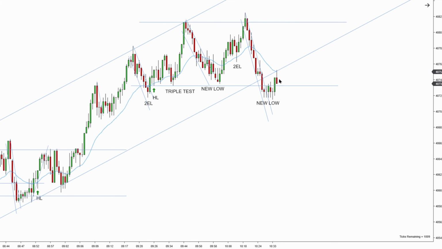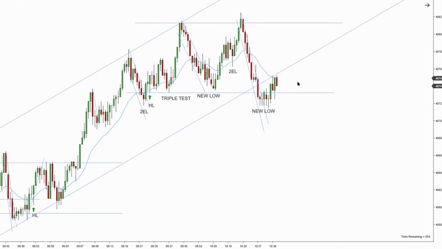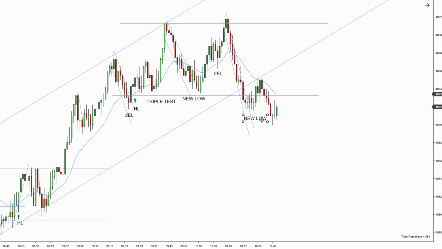We're still below EMA, and this spike down was quite strong. So if I want to go long, I want to see a push above EMA just like I did here, and a failed second entry short. So we have a new low, first entry short, can we get a failed second entry short? We have a second entry short, but there is no failure and the market created another leg to a new extreme, which